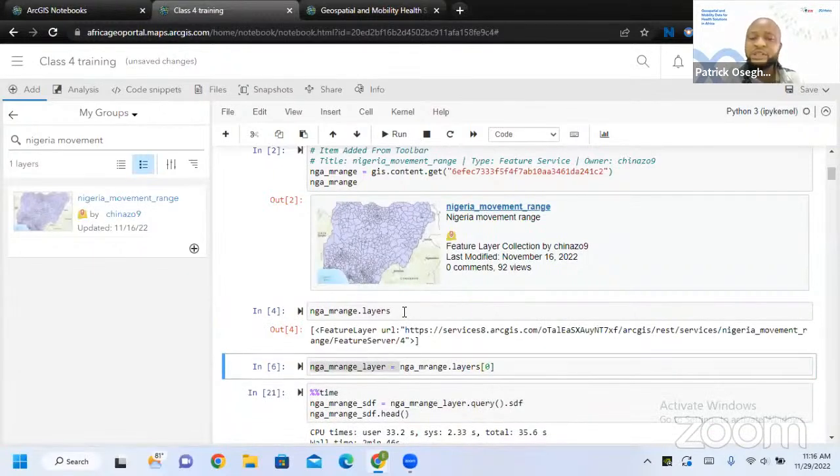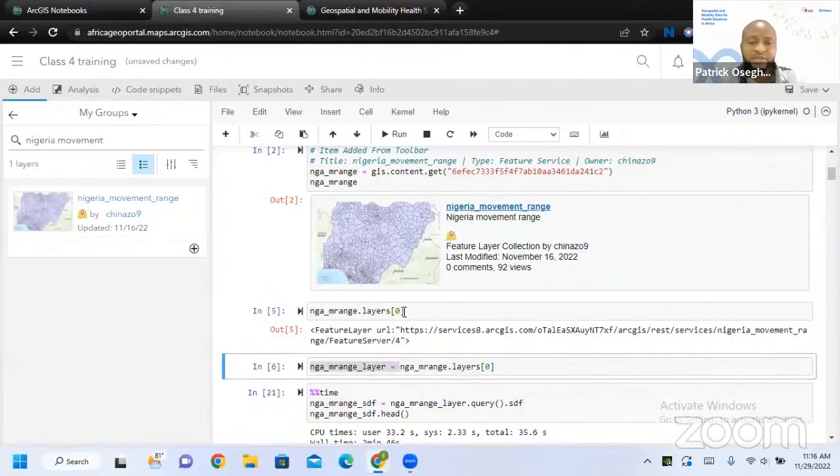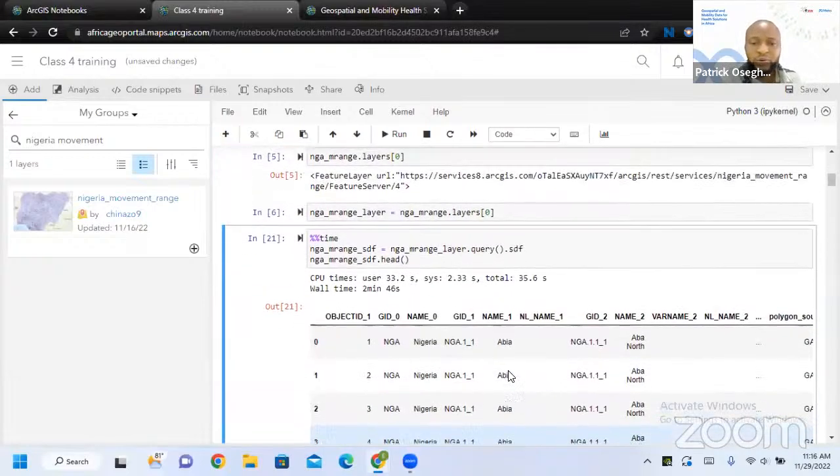But I still can't work with it. Because it's a list, for me to be able to access the features, I just have to filter with the first index. That's the way we'll use any data you are working with. This is how you filter out the index, because some of the feature layers you import might be more than one together. You filter the particular one you want to use. With this, filtering it out is fine. So I name it to a variable.